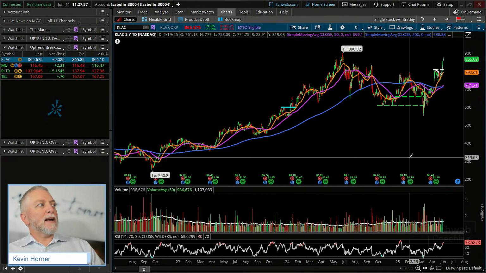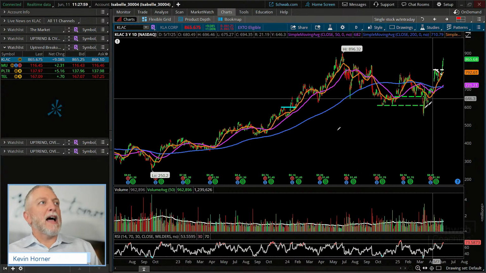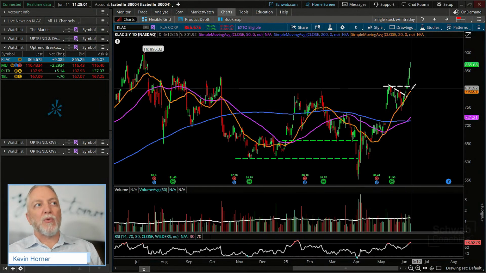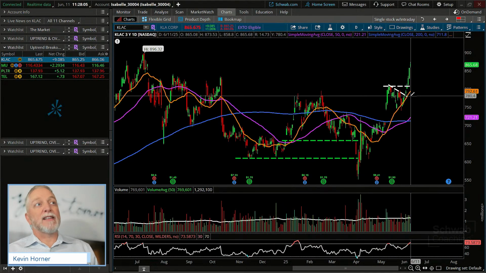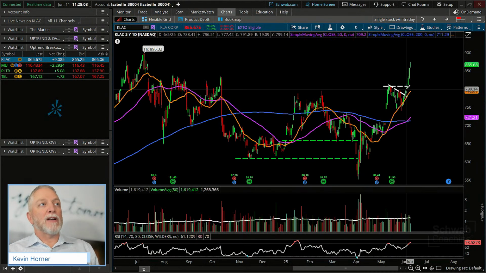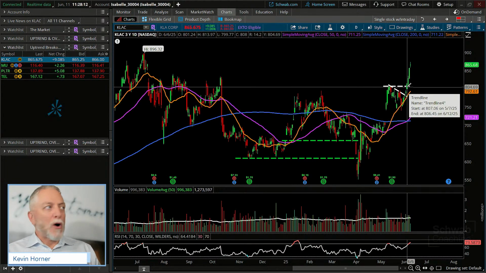So when I look at CLAC, having made the move it has, and having pulled away from its 20-day moving average, many traders would tell you they can't justify a trade just yet because it's completely broken out. But if we'd have talked about this on Friday, might have been an initial starting position.